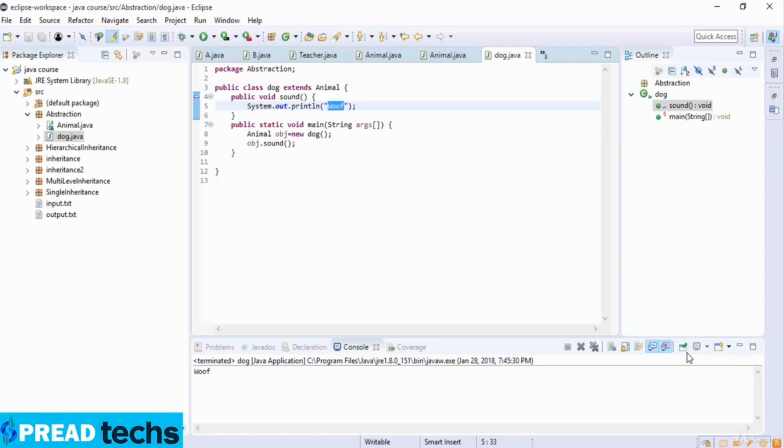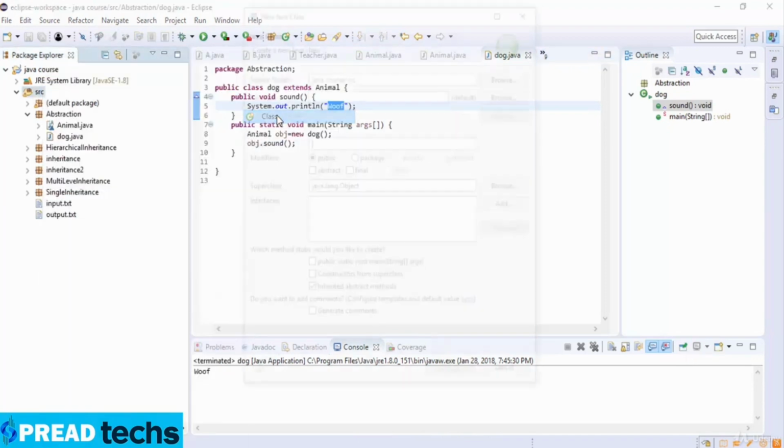Hence, for such kind of example, we generally declare the class as an abstract class, and later the concrete classes extend these classes and override the method accordingly, and can have their own methods as well. So here now we just understand the real scenario of an abstract class. So now here I just